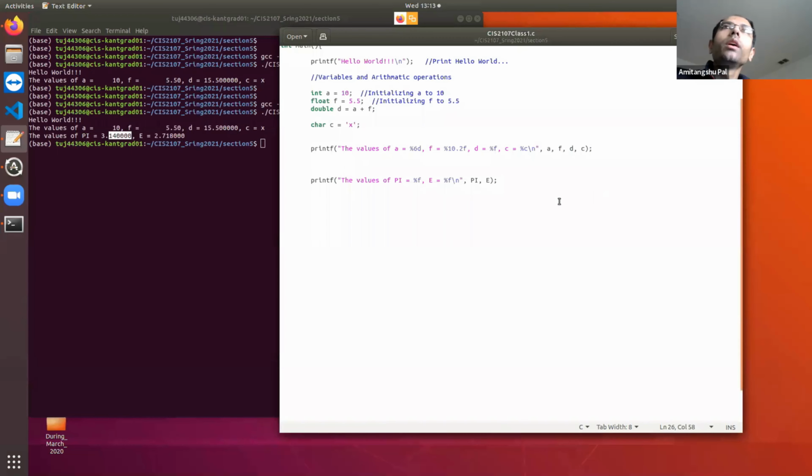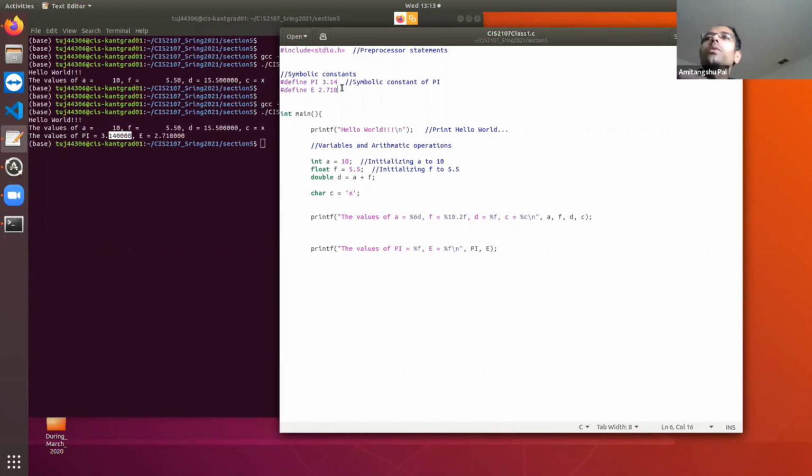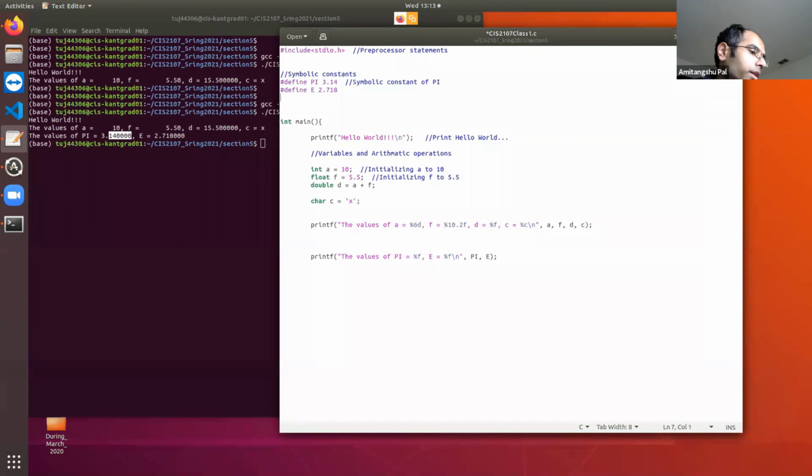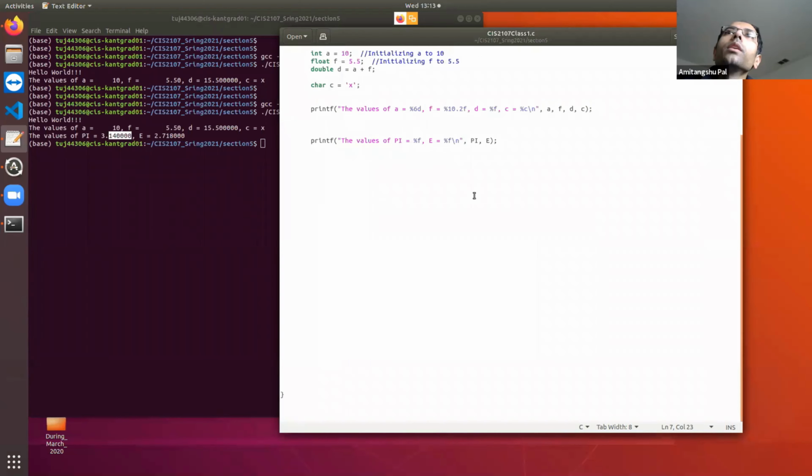Okay. Now these preprocessor statements are not only limited to some specific constants. You can build your own constant that you think will remain constant throughout the course of the program. And it is not limited to numeric values also. So for example, you can just write hash define my name is, okay. So you want my name to remain constant throughout the course of your program. So you can define your own symbolic constant. Okay? So you can just write my name equal to %s.